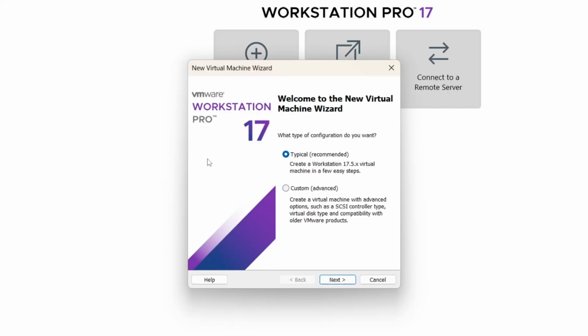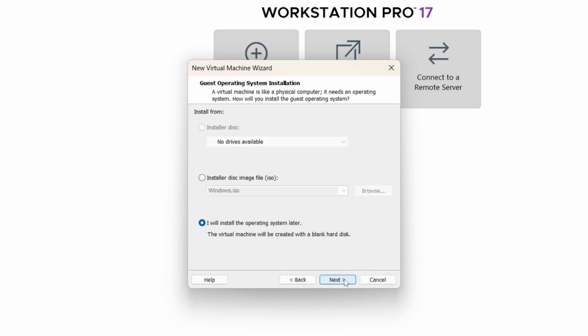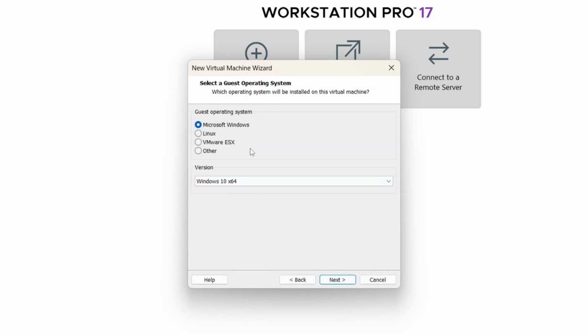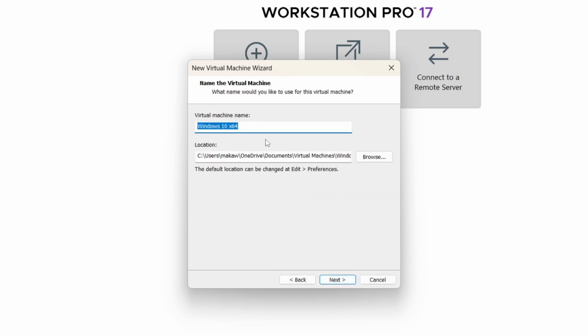On top right corner, click on File, then click on Create New Virtual Machine. I will go with typical one. I will give the disk image afterwards. So just click on Next, and here I will write Windows 10 x64. You can give your virtual machine name. I'm typing Windows